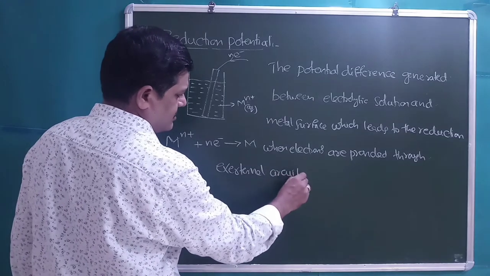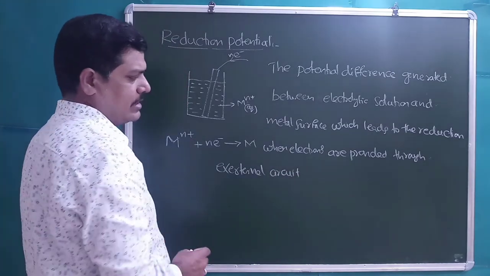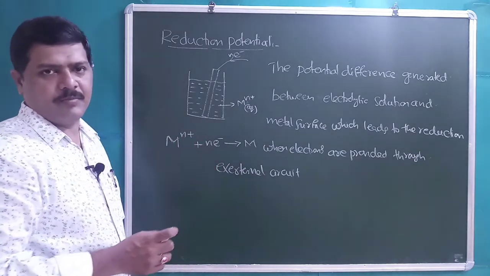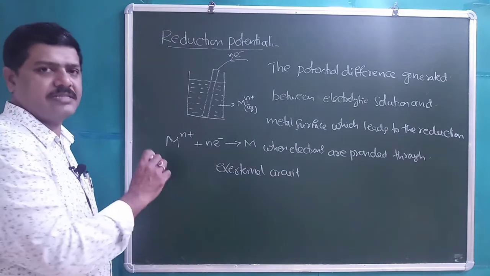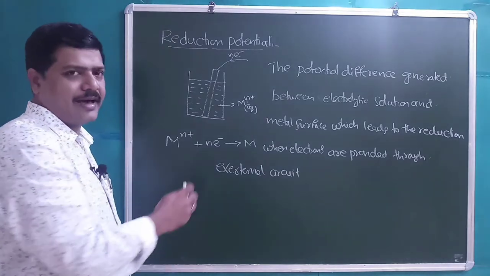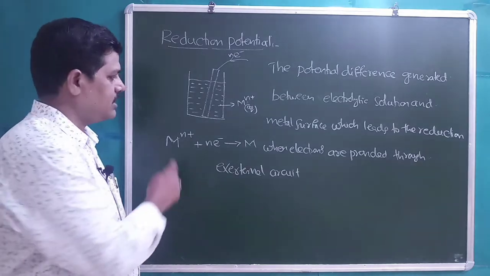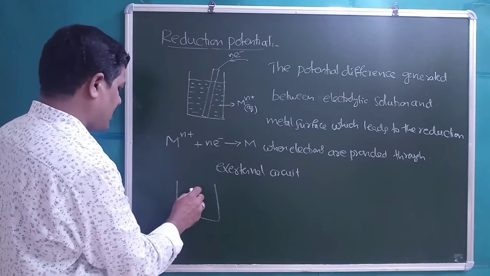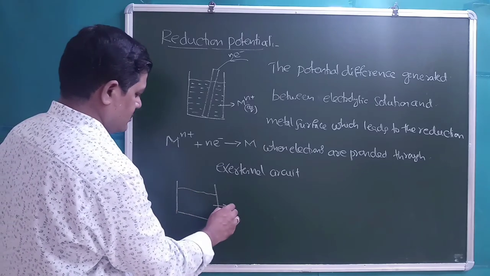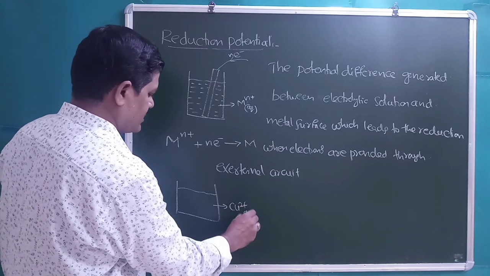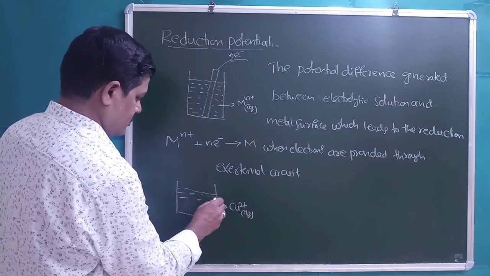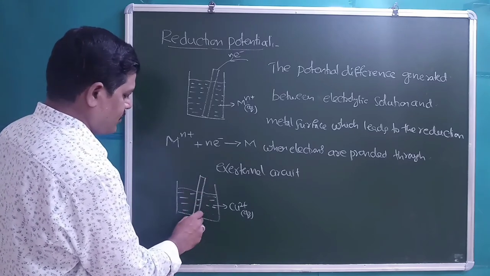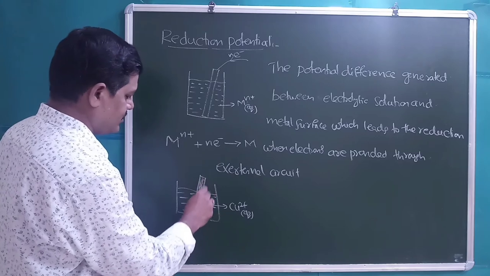Students, it is not like that for oxidation potential. Oxidation generally has a natural tendency. For example, when we immerse a zinc rod in a solution which contains Zn2+, that oxidation process will automatically occur. But in the case of reduction, if you place a copper rod in a copper sulfate solution, the solution which contains Cu2+ ions, the reduction takes place when we are providing the electrons from the external circuit.